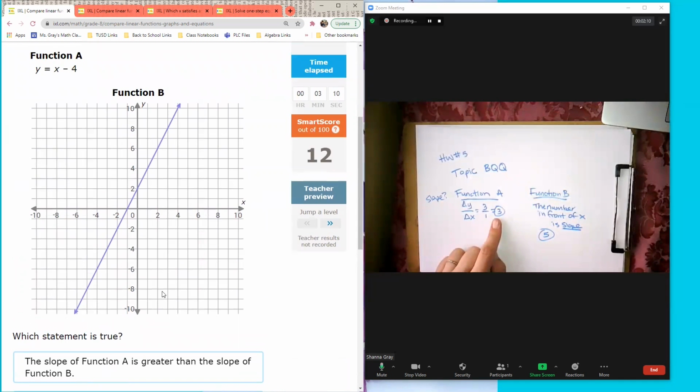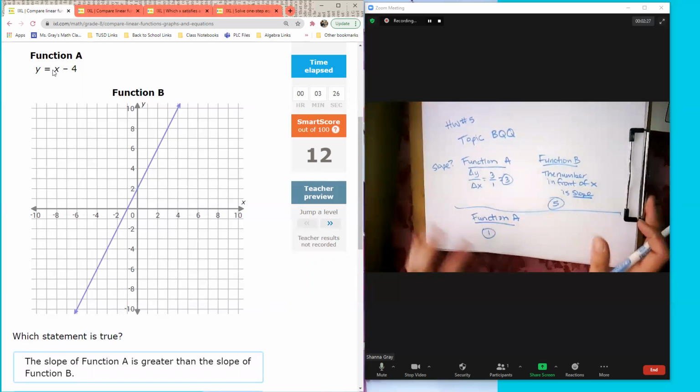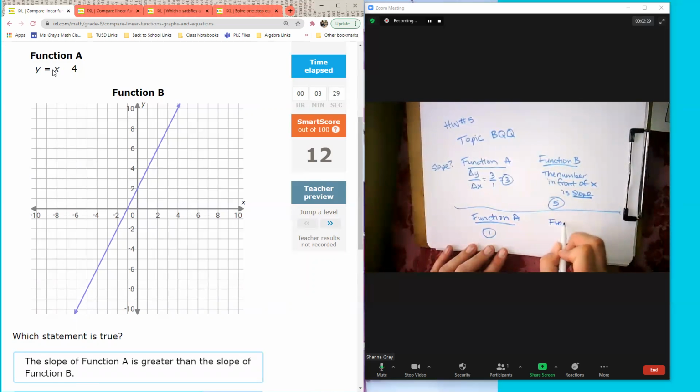All right, here again, we're comparing slope. For function A this time is the equation. So if you look in front of x, the slope here, there's no number, but there's always an invisible 1. So 1 is my slope for the first function. And then for function B,